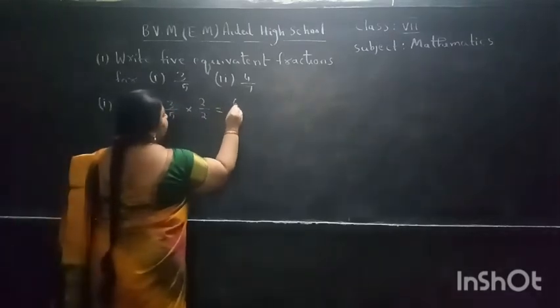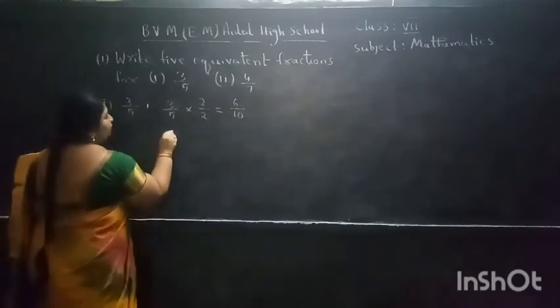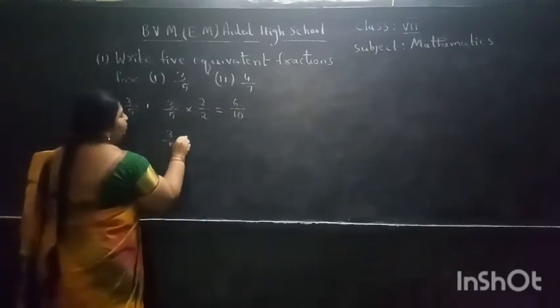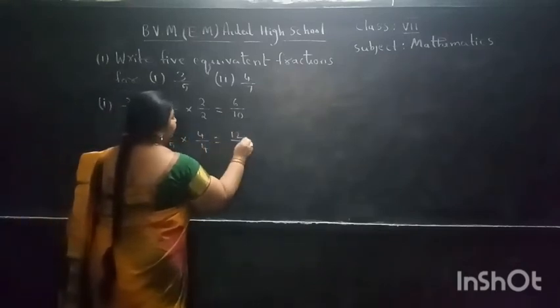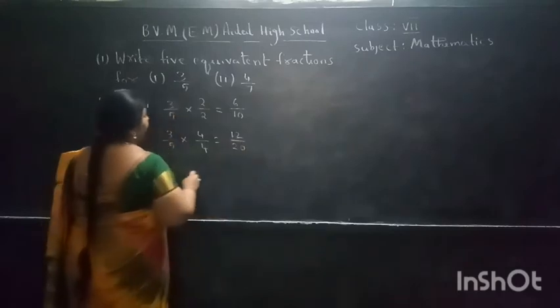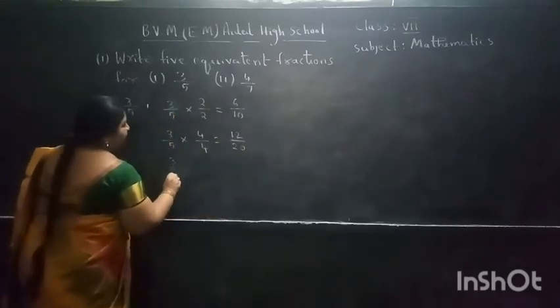3 2s are 6, 5 2s are 10. 3 by 5 can be multiplied by 4 by 4. 3 4s are 12, 5 4s are 20. 3 by 5 can be multiplied by